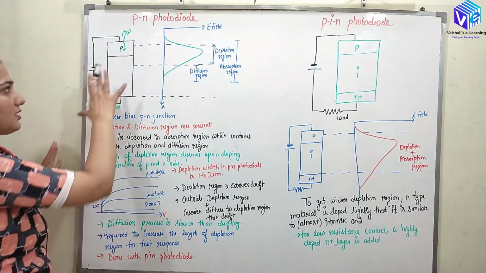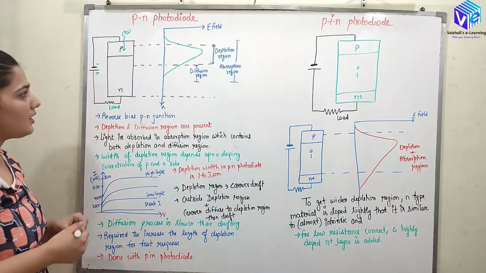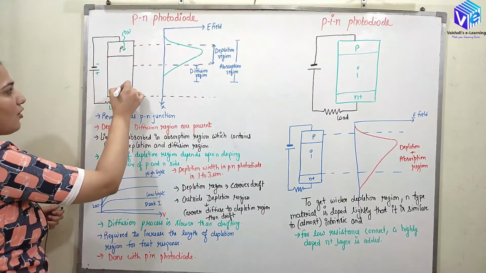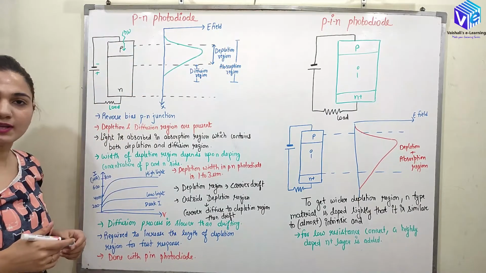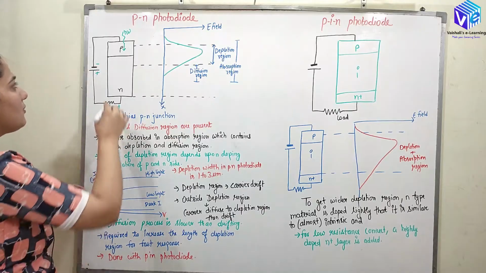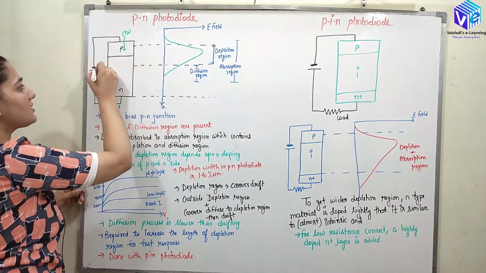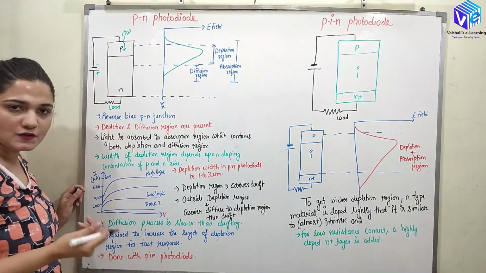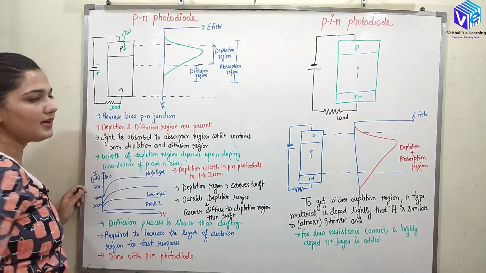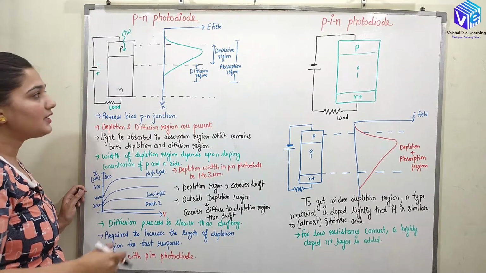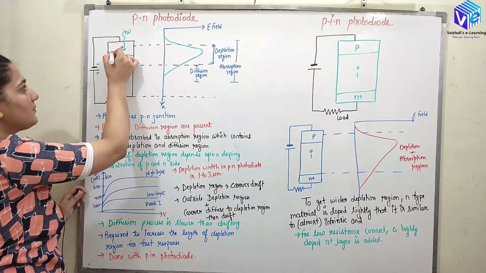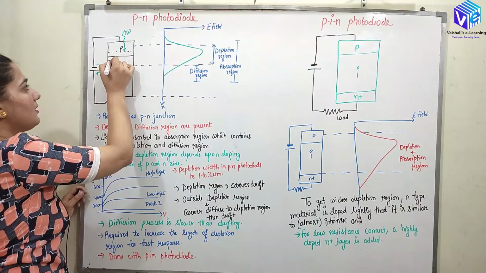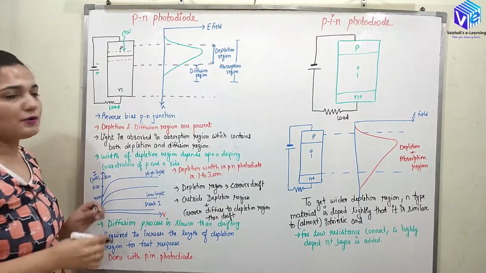So now this is how I can make the PN diode. So the PN diode is having a P type of structure and here I will be having the N type of structure, right? So now here the P type of structure is connected to the negative terminal of the battery and the N type is connected to the positive terminal of the battery, and here I will be having the load, right? So now here we will be having the depletion region in the PN type of diode as well.